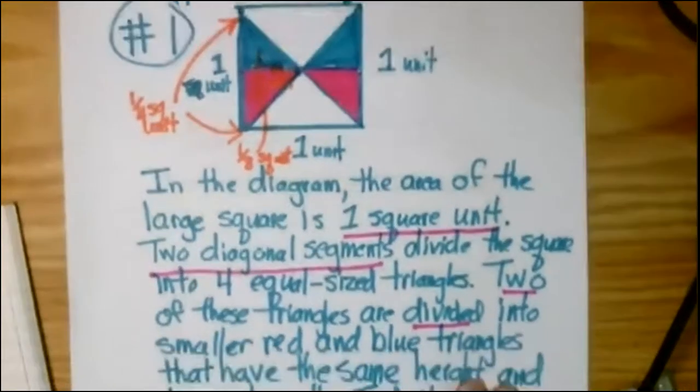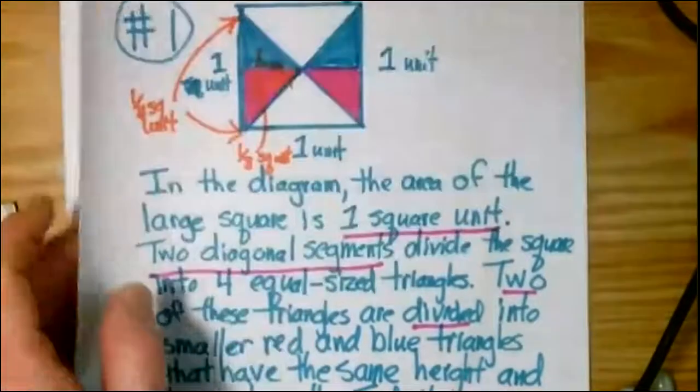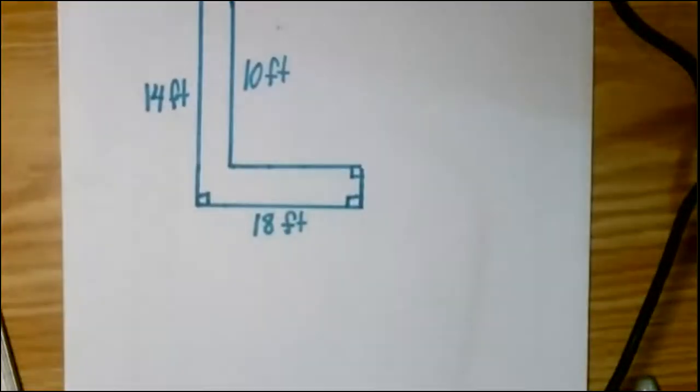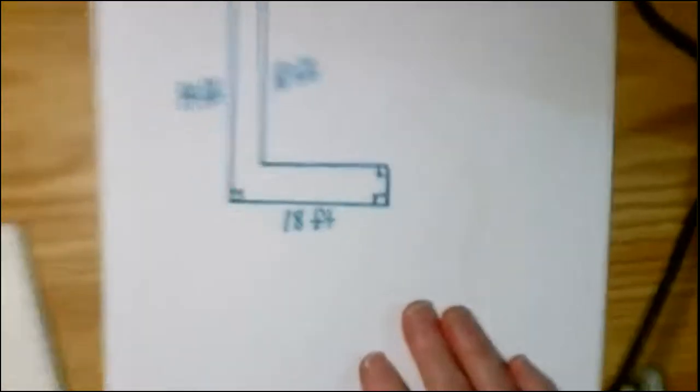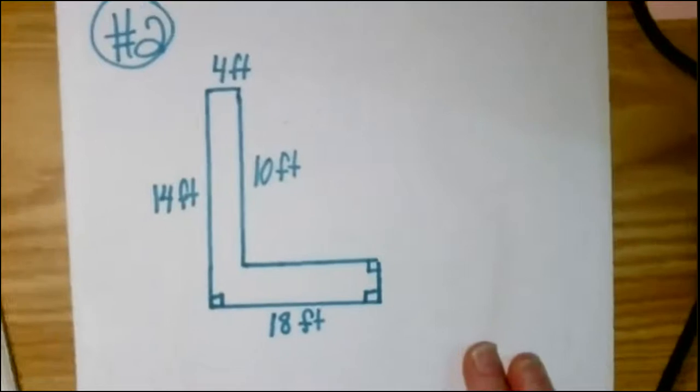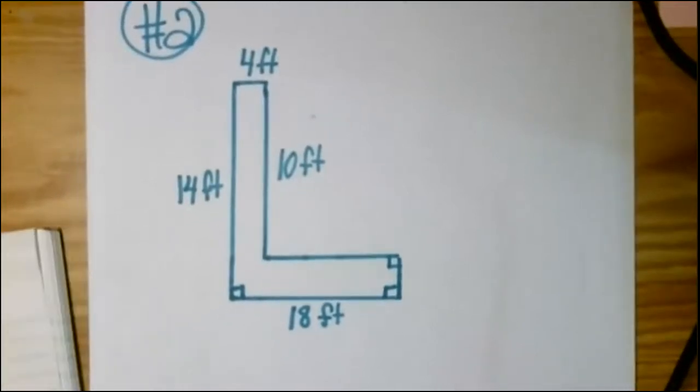Now I'm going to go on to question number 2. Got that here. Pull this one out and put this one in its place. Question number 2 looks like this. So again, we're still on page 392. So here's question number 2. So what we need to do is find the area